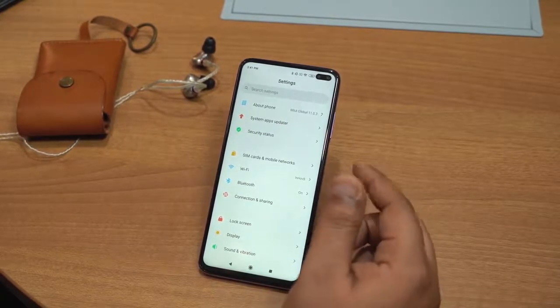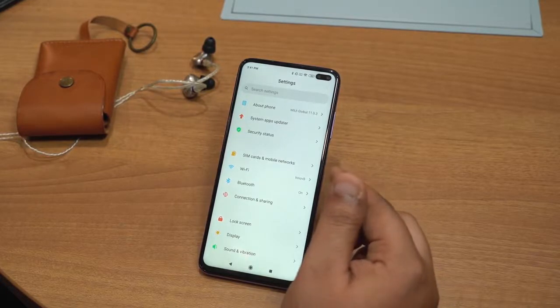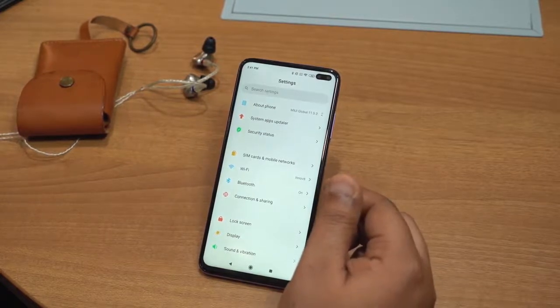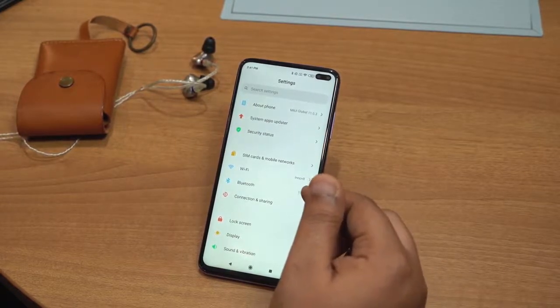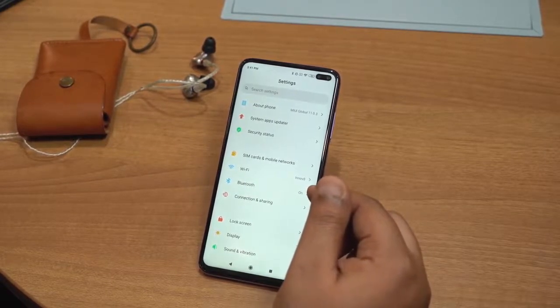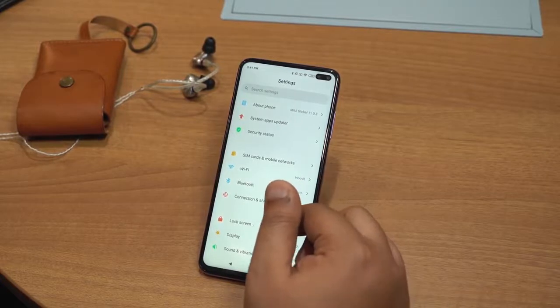Now one of the things that somebody asked me is that if the fingerprint scanner is on the power button like it is on the Poco X2, will pressing it too often reduce the lifespan of the power button? That's a very genuinely good question. Now here's the thing, you don't actually have to press it. You can just touch it to unlock the screen, and for that you need to do a few changes to